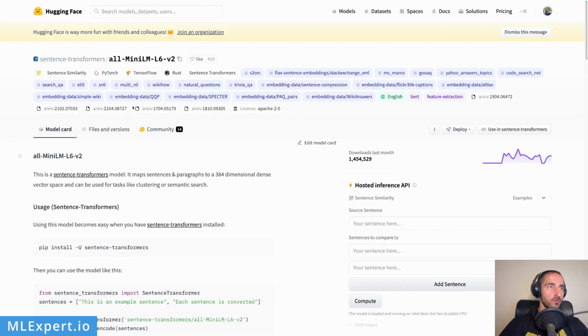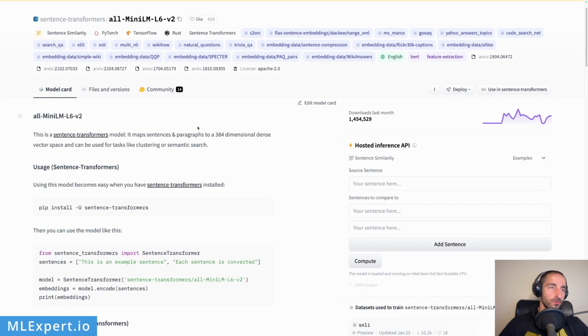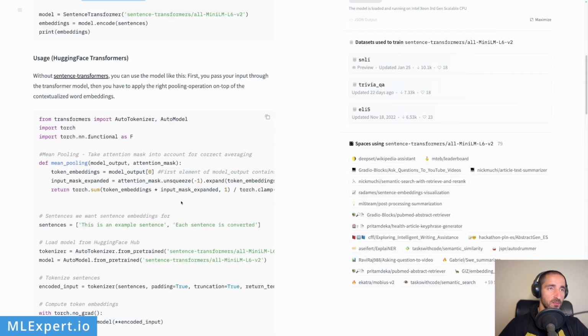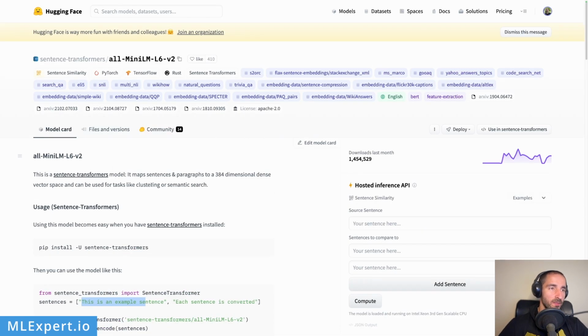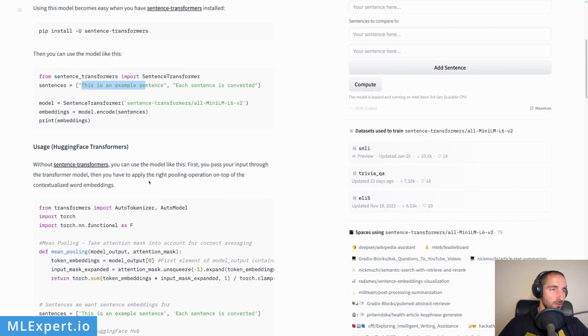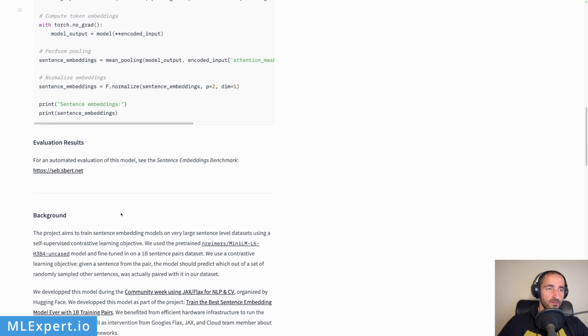And if you're not familiar with the sentence transformers library, it is essentially a model or a family of models that allow you to create embeddings for very short text, such as sentences, as the name suggests. And they are pre-trained on various models, and you can look through the different results. This particular one is, I believe, trained on MiniLM by Microsoft. So this is essentially the base model,